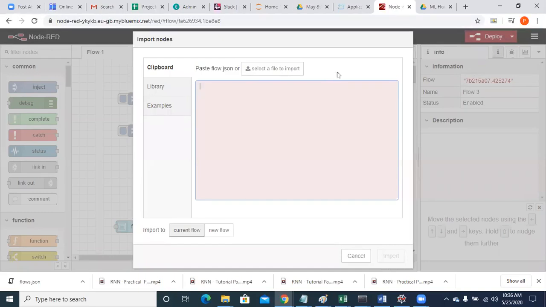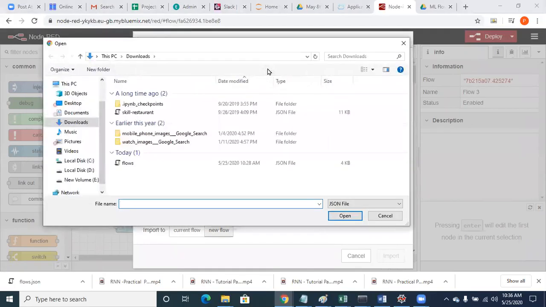Yes? Okay. So here, select new flow. There, select a file to import and select the file that is downloaded.